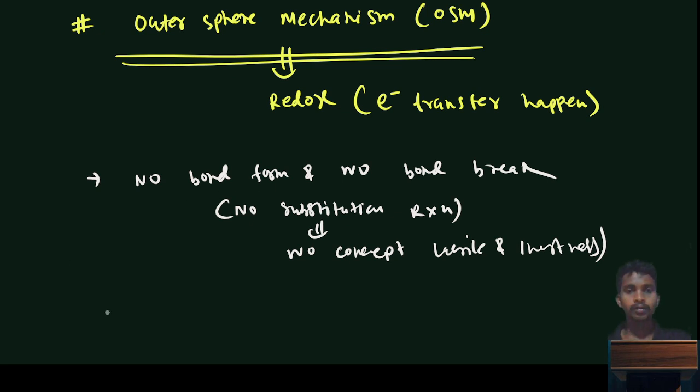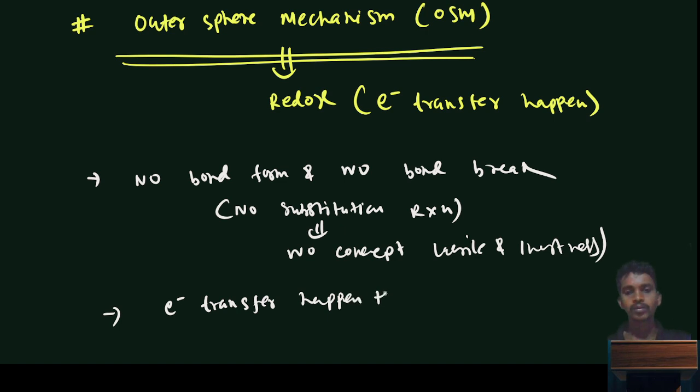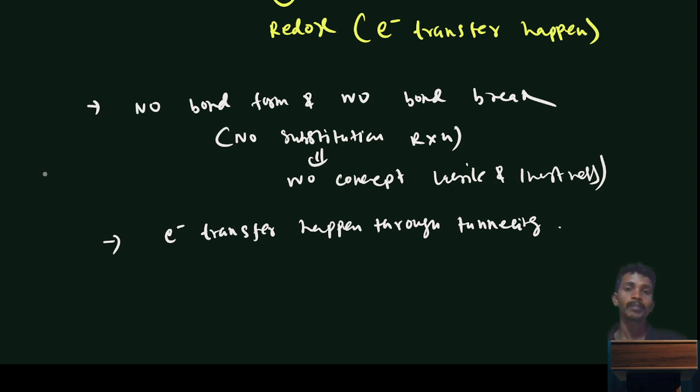So here electron transfer will happen through tunneling. Here also we will look at some examples. I will cover the general mechanisms, we will solve examples, and I will look at the factors affecting the rate of outer sphere mechanisms. So first thing is